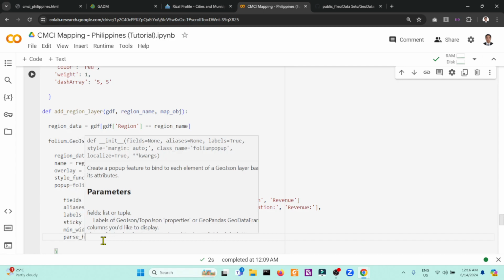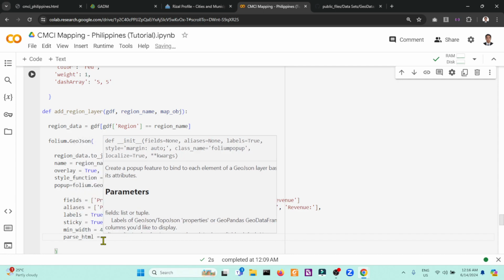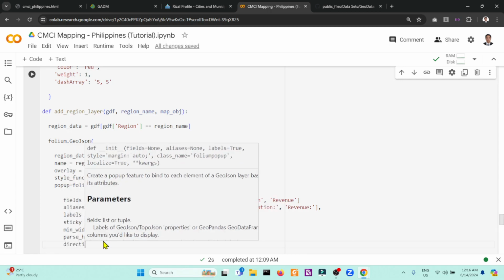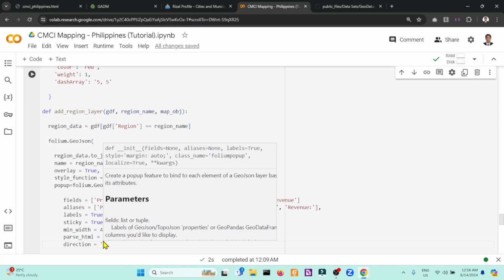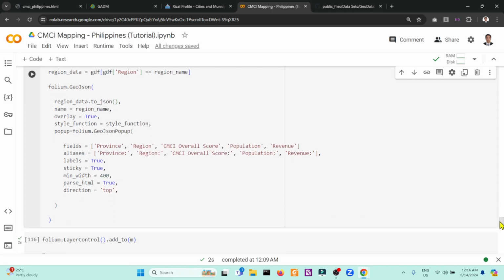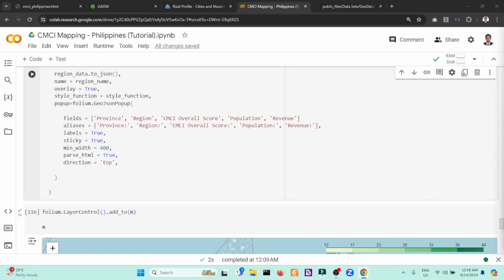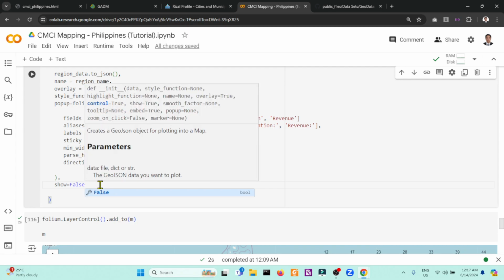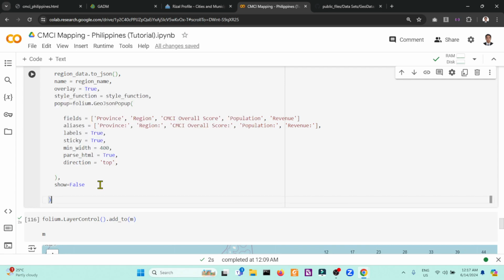Also for future purposes, if you want to customize this one, then the direction will be top. Again, possible values: left, right, bottom. But when I click the specific regions, it will show at the top. Then show is equivalent to false. So it means that it is deactivated at first.